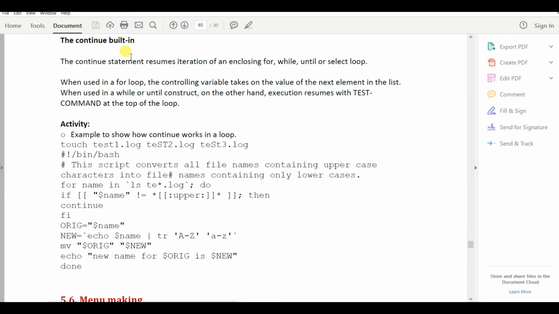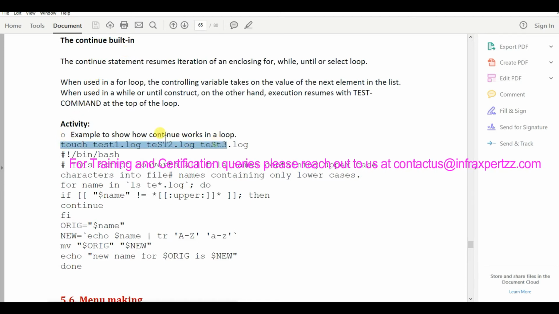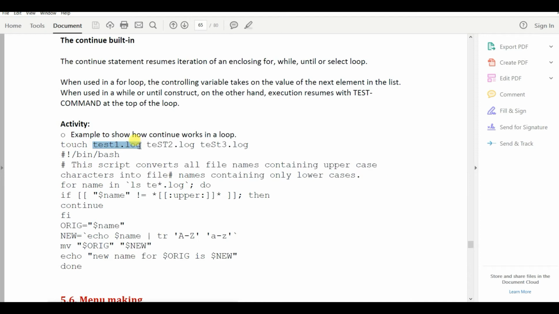So here what we'll be doing is creating files, with this one everything in lowercase. Here we have S and T in uppercase. Here we have S in uppercase. We'll be creating these files. And what this script will be doing is searching for the uppercase characters. For name in star.log, it will be searching for uppercase characters. If it finds any uppercase characters, then only the for loop will be executed, or else it won't be executed. So if there is any uppercase in name, then continue with the for loop. So what does the for loop do?